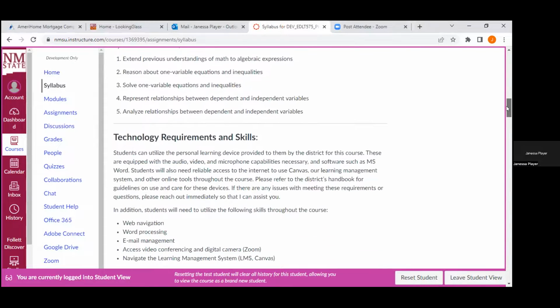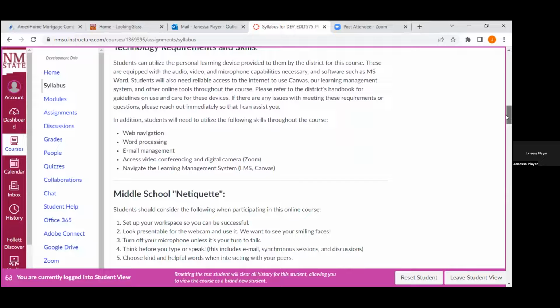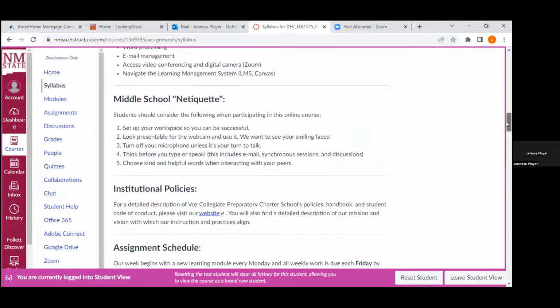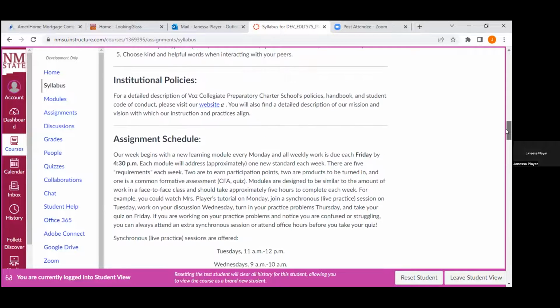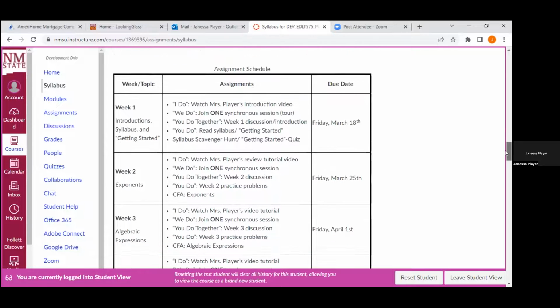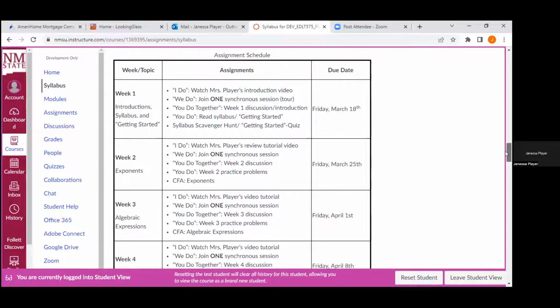Again, those course objectives. What do our technology requirements and skills need to look like? I think my netiquette might look a little different just for my audience. And then I did pull up my syllabus because I think it shows, like what Erin did, there's consistency from one module to the next.